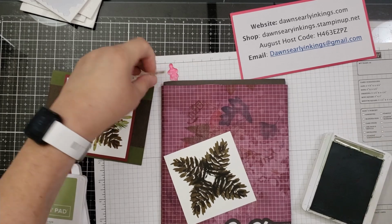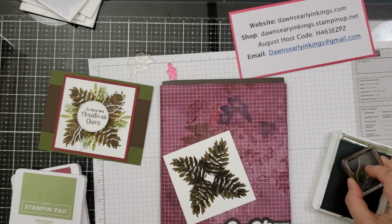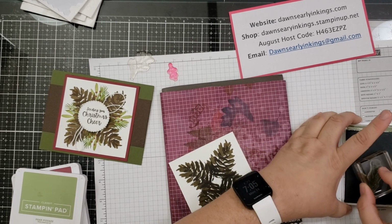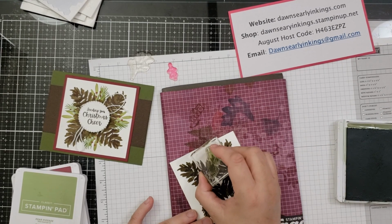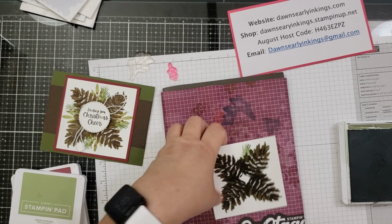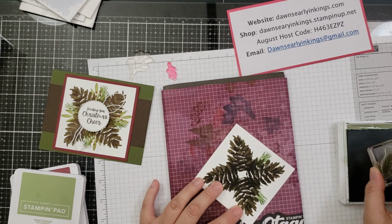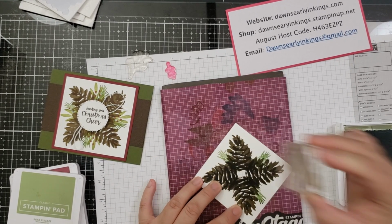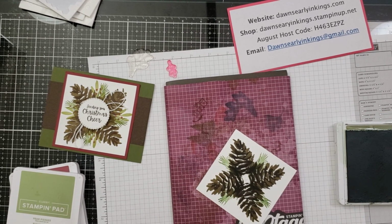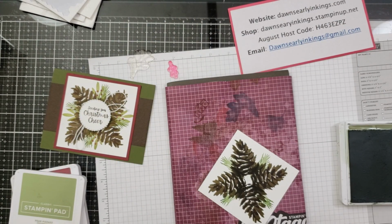So now we are going to take and use Mossy Meadow, and we are going to stamp this little pine branch next to each pine, kind of next to each pine cone here. And we're just going to do the same thing. We're going to do it about in the same position. All right, and then we're gonna take